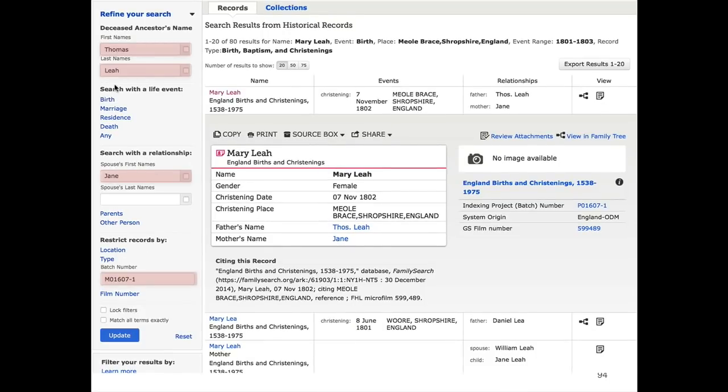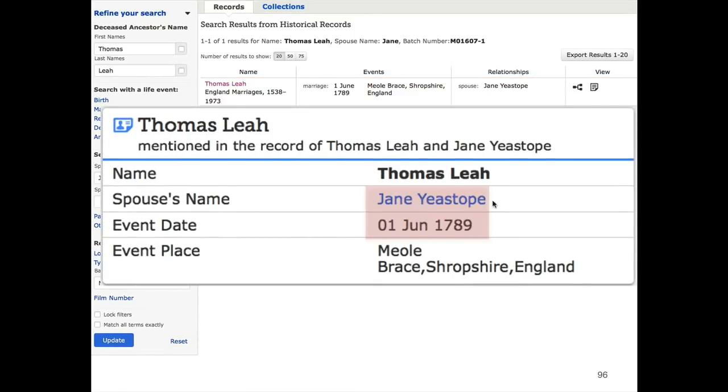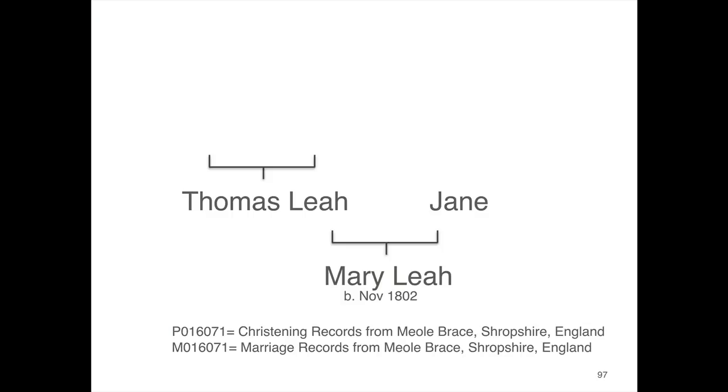I'm going to change the name to Thomas Leah. I'm going to put in a spouse's name of Jane. Notice I use that same batch number, but I put an M for marriage records. So what I'm really doing is telling the system I want to search just in this parish, but I want to find all the records where the spouse is Thomas and Jane. And when I do that and click search or update, it brings back one record, which is awesome. Opening that up, I can see that Jane's maiden name was Yeastrop, and they were married on the 1st of June, 1789. So I can go add that to my records, when they were married and what her name is,